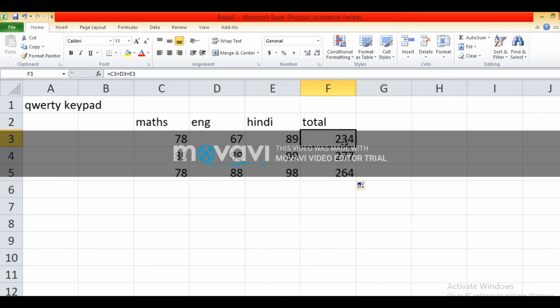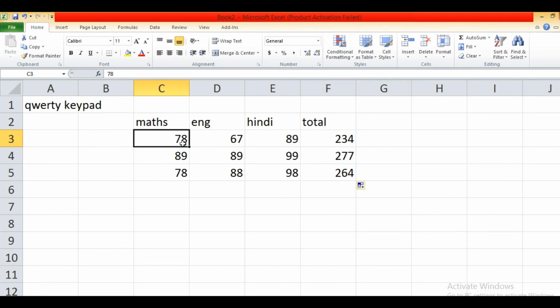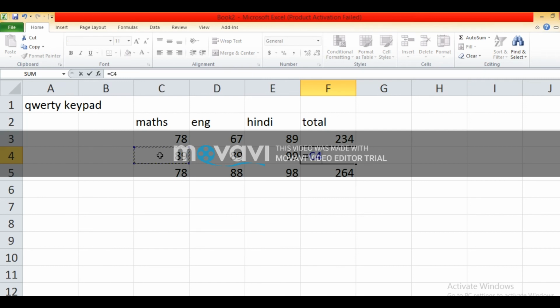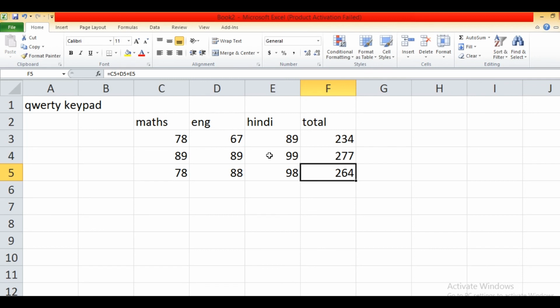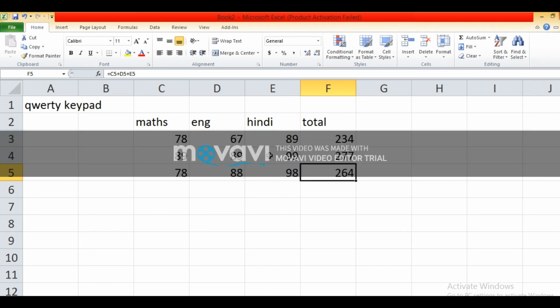Again I will tell you, whatever formula I have written here will be visible in the formula bar. Equal C3, D3 and E3. These are the names of the cells C3, D3 and E3. When we click on the cell, it automatically enters here. I will apply the equal sign, then the name of the cell is C4, plus sign D4, then plus sign E4. After writing, press the enter key, then the formula gets entered and it displays the value of that formula on the basis of its calculation.